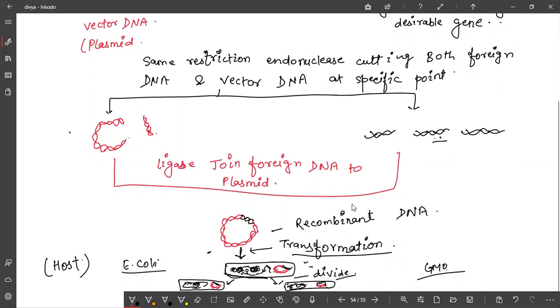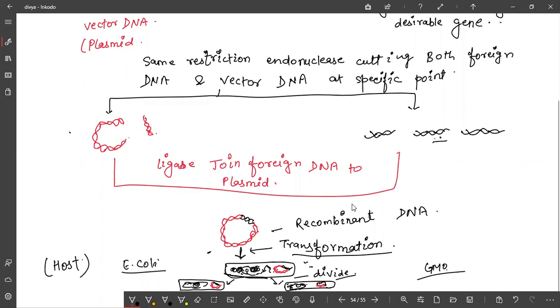When you have introduced this recombinant DNA into the host, you have to maintain all the desired conditions so that the introduced DNA will go to its progeny. Progeny means offspring or daughter cells. Bacteria divides and produces its daughter cells. This genetic material that you have prepared earlier, along with the genetic material of bacteria, will come into the progeny cell or daughter cell.